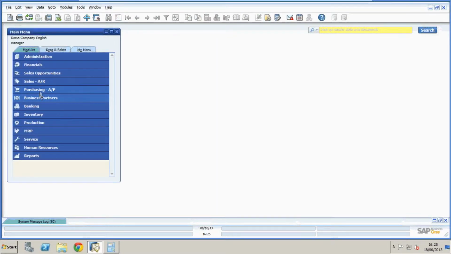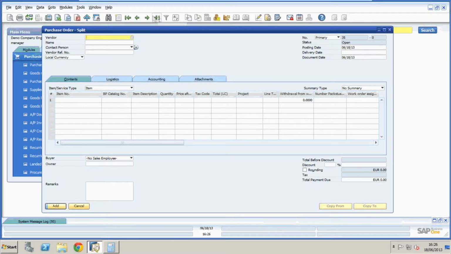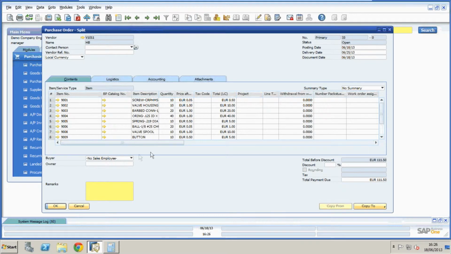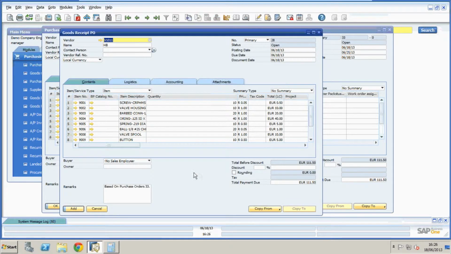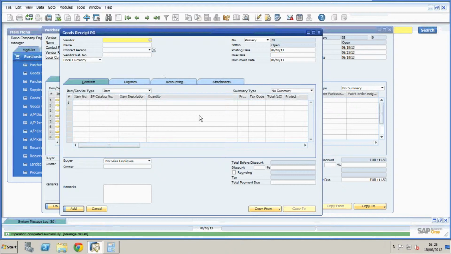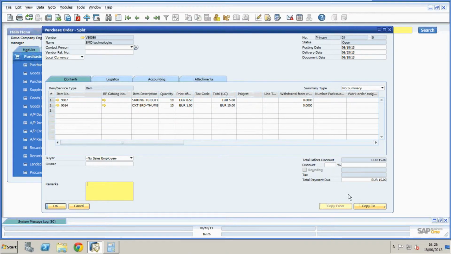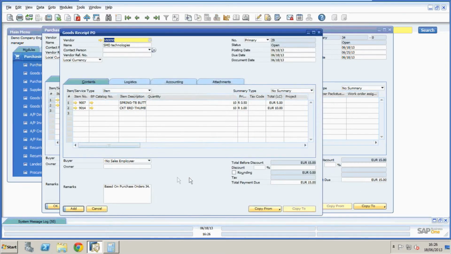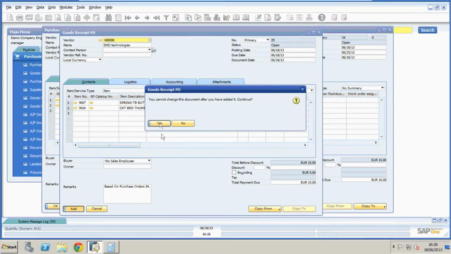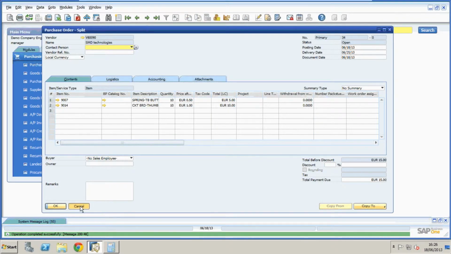If I go to purchasing, go to my purchase order. Here are my 2 purchase orders that were created for those components. I'm just going to book those straight in. So I can go to my goods receipt PO, and I can add. That's now received all of those materials into stock. I can go to my second order, again copy to goods receipt PO, and I can add, yes, and that's going to book those materials into stock. So if I cancel out of that,